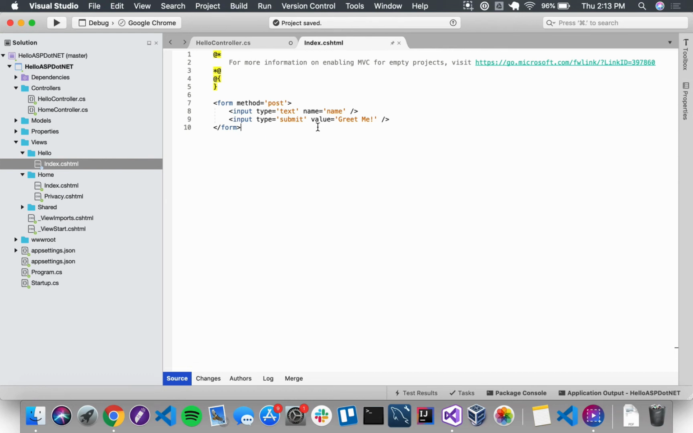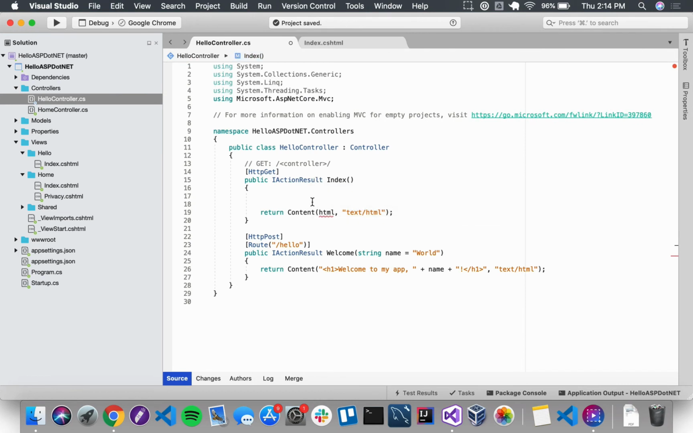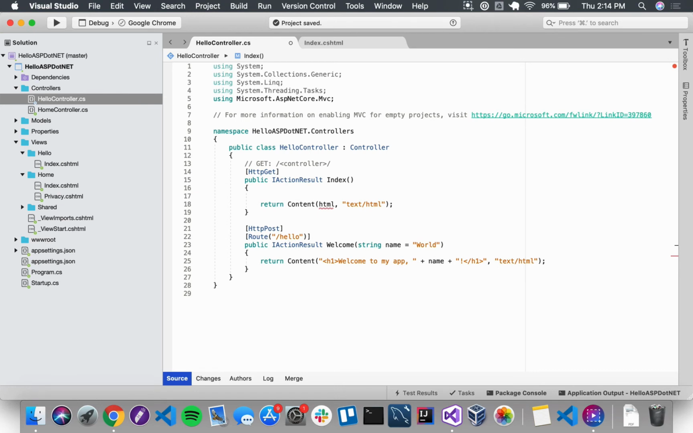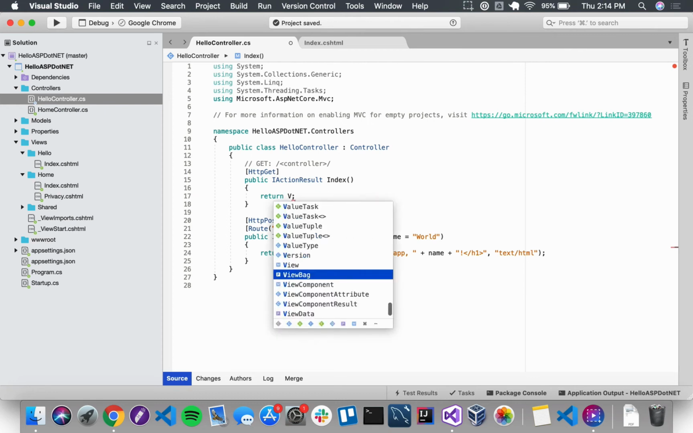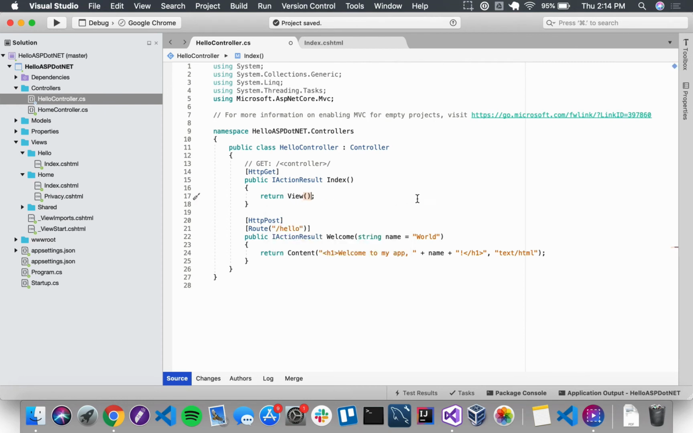I just need to do one more thing to Hello Controller to get this application back up and running, and that is change the return statement of our index action method. So I can remove these extra blank lines here. And instead of return content, we're just going to use return view. All right, we're going to save that file, run it, and check out our application. So if I just hit run here,